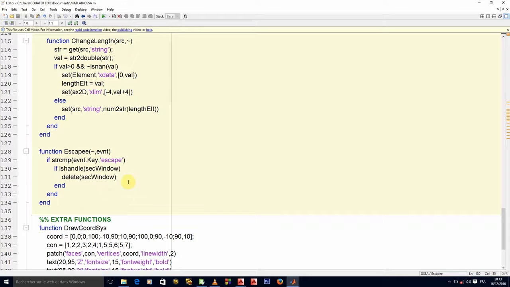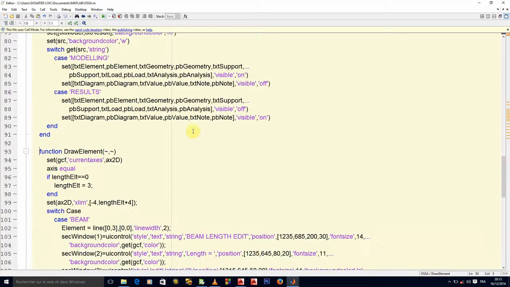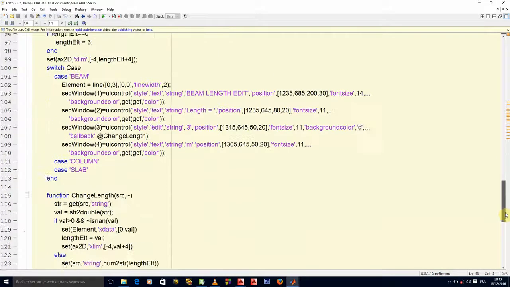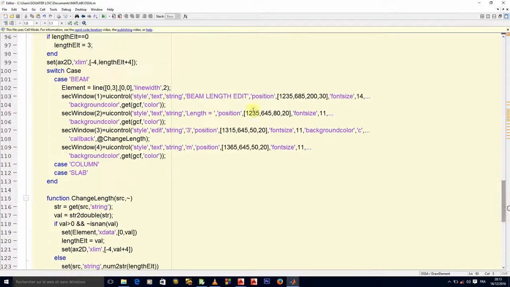So, what was I saying? Not SKP. I'm not looking for SKP. I'm looking for draw elements. Okay. So these elements I've programmed here are meant to appear where? On the secondary window. Okay. So I'll make sure that I store all of the handles as an array in my second window.